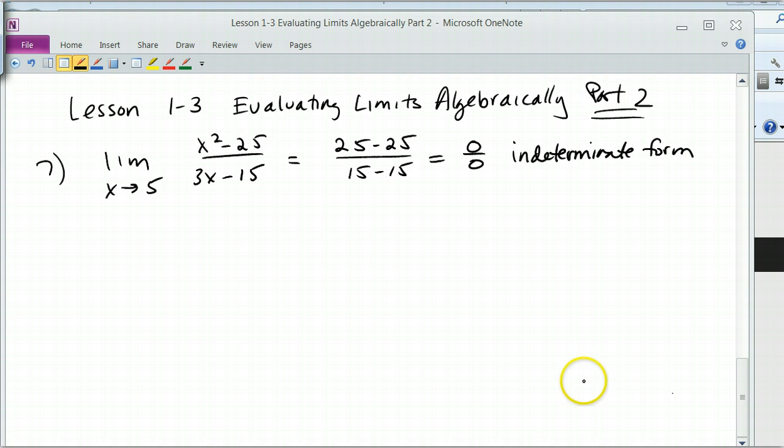Now with algebra though, I can evaluate the limit because there's a hole in this graph at 5. So if I use some algebra, in this case it looks like if I factor and cancel, I can then substitute in, and now I'll know the limit as x goes to 5. So let's give that a try. If I factor it,